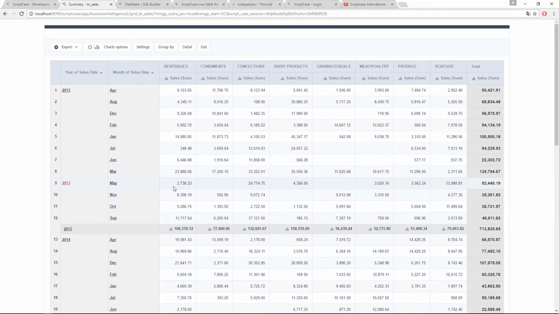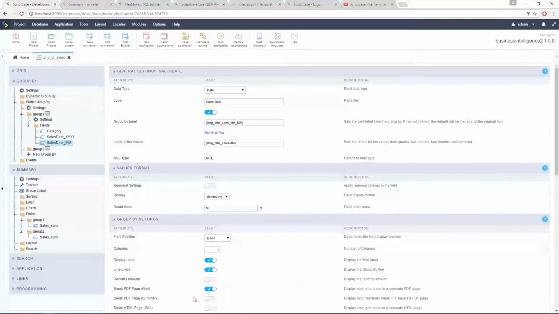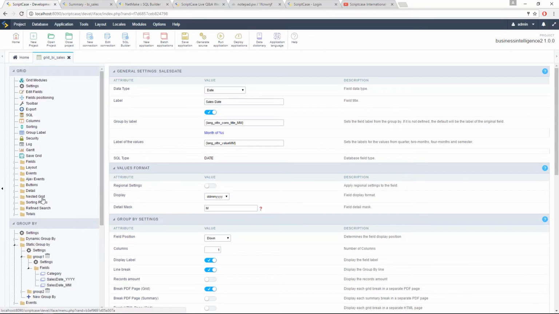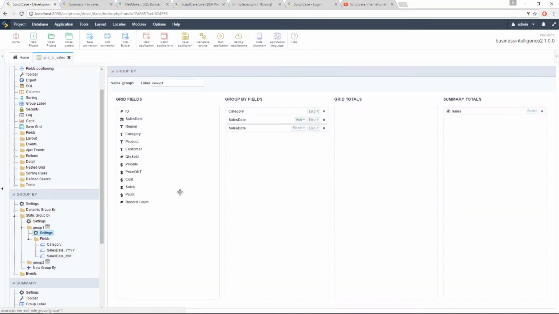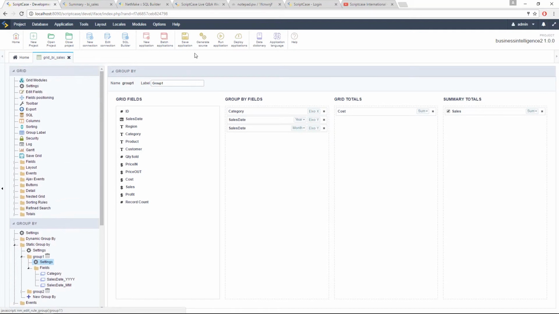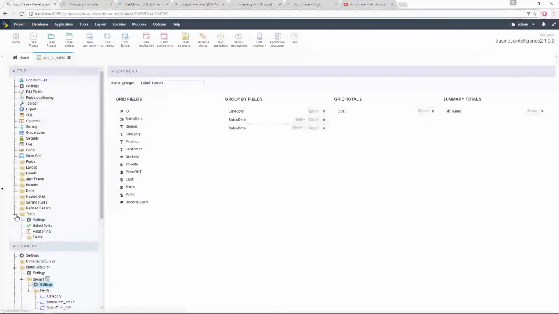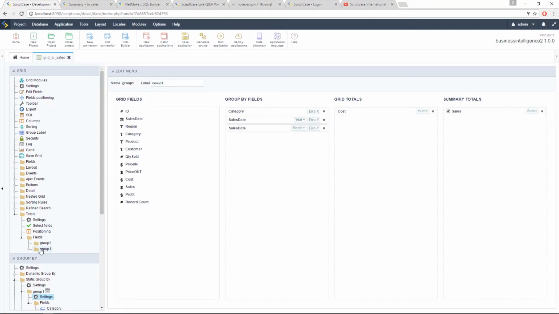So you can customize, as I told you, independently according to the area, if you are changing the group by, the summary, or the grid totals. We are not using grid totals here, but I could add, for example, a field to grid totals, and then if I save, it's going to be here inside the grid totals. So I have group 1, group 2 has no grid totals, but group 1, yes, I have here the cost summary,